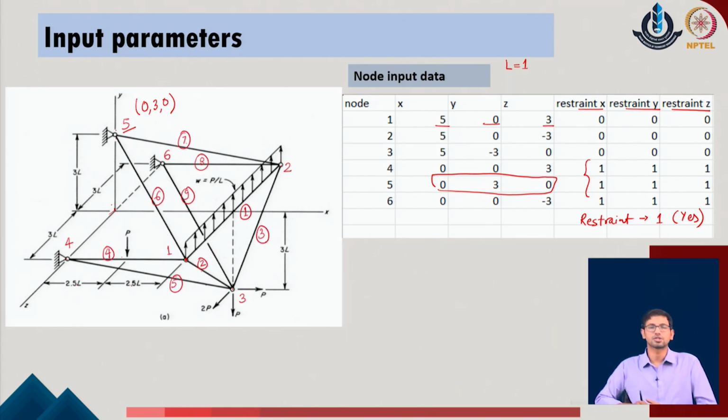I think we discussed this in the previous part also, that how do we implement this idea in the code to extract the information of these individual node numbers to locate the sizes of the member stiffness in the rearranged form. This is one input part.